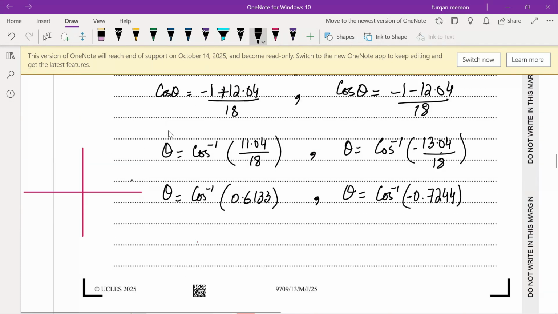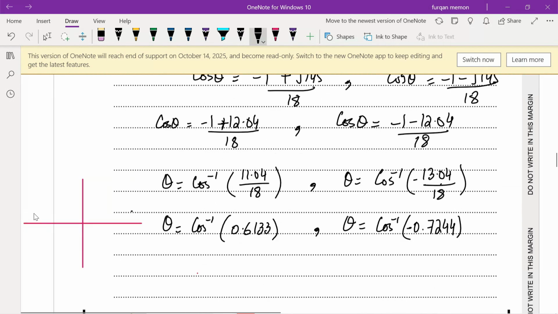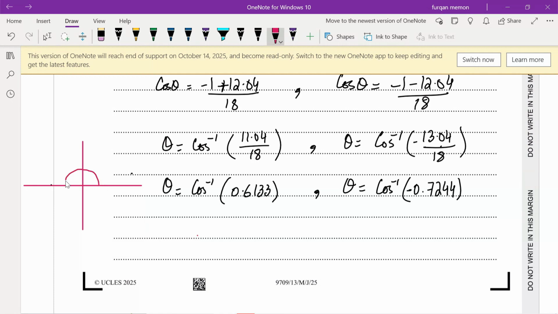Now, the angle condition says that the angle should lie between negative 180 and positive 180. So we know that 0 to 180, and 0 to negative 180 as well, so we have all four quadrants. And we know that cos theta is positive in the first and fourth quadrants and negative in the third and second quadrants. Okay, so we need to find all the values of angles which have the positive value